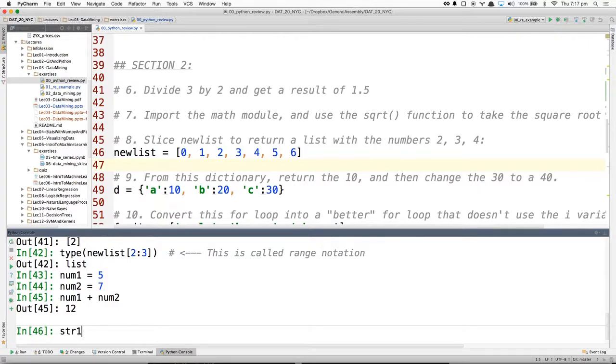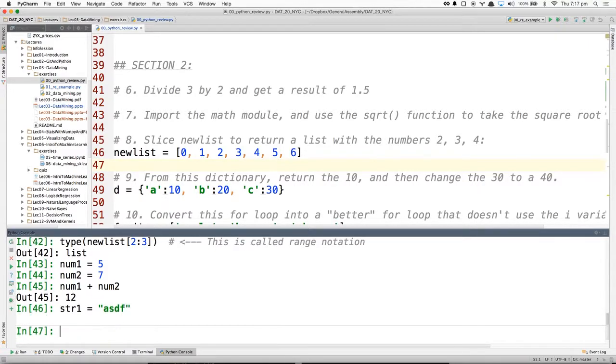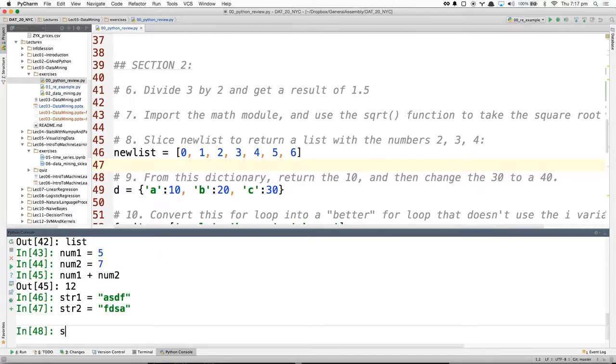If I say string1 equals ASDF, string2 equals FDSA, and I do string1 plus string2, what do I get? It's a concatenated result of the two. The operation here is fundamentally different. This is a very simple example, but a common source of bugs is getting a different type in a return value, or interacting with a type that's different than you expect.